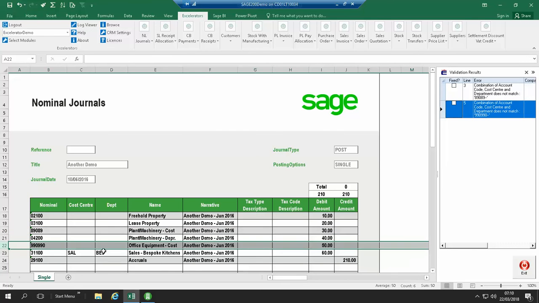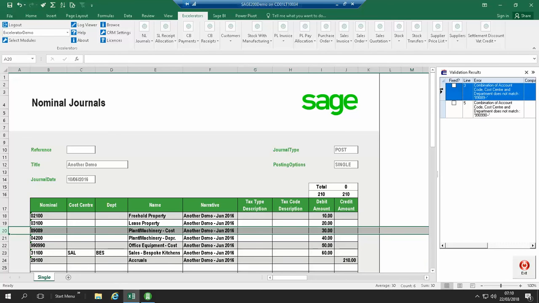It takes me to where the error occurred on the sheet, and this is particularly useful if I have a large data sheet or quite a number of rows. So once I get to the row I need to correct, I can just type in the information. I don't have to search